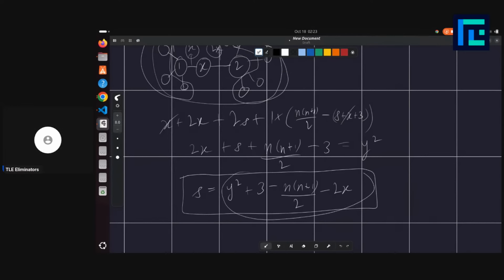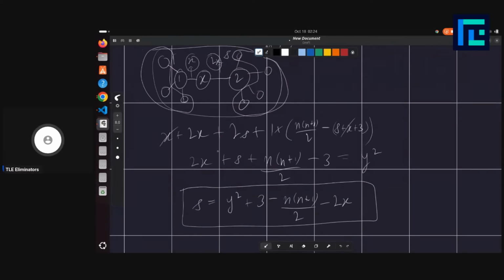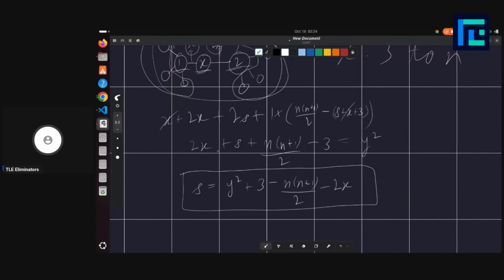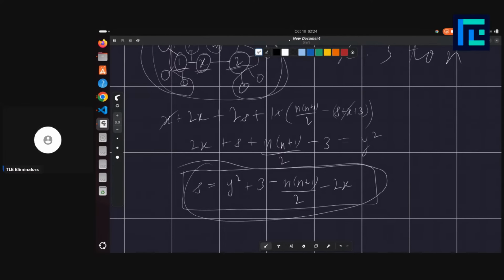Okay, and now I just thought that I have used the nodes 1, 2 and x, right? I have already used up the nodes 1, 2 and x. Let's say I iterate over the x from 3 to n. So what are remaining? The other ones, right? So if my value s comes out to be any of those values, okay,